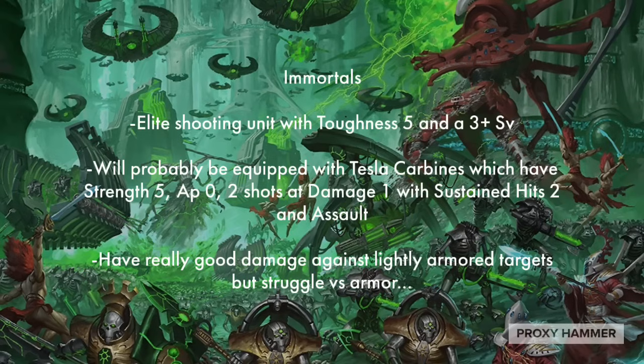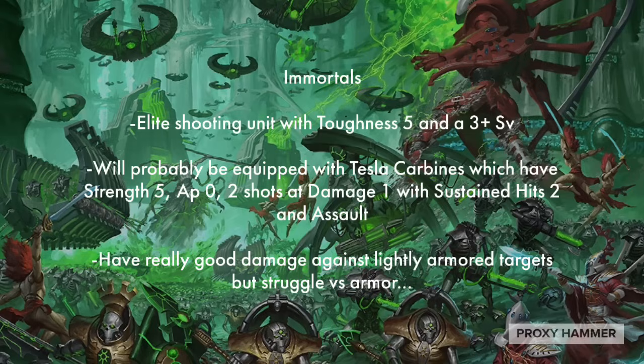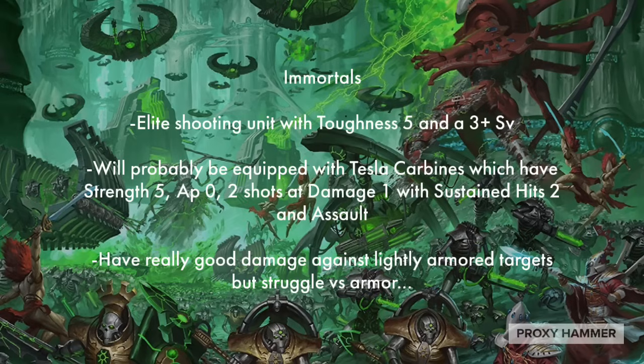And that is just basically a tip against Necrons in general: if you don't kill the whole unit through, the reanimation protocols and the resurrection orbs and things like that, most likely they're going to be standing up the very next turn. Now, as far as the weapons the Immortals are equipped with, they will probably be equipped